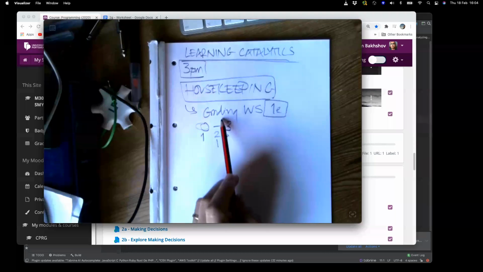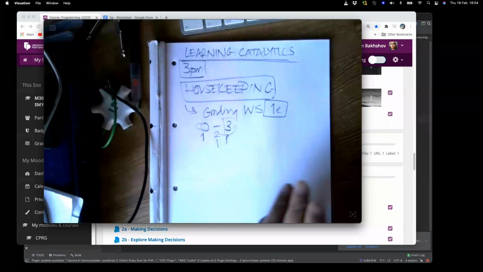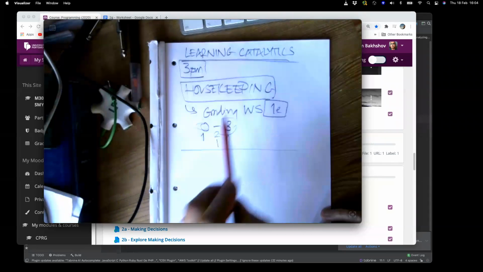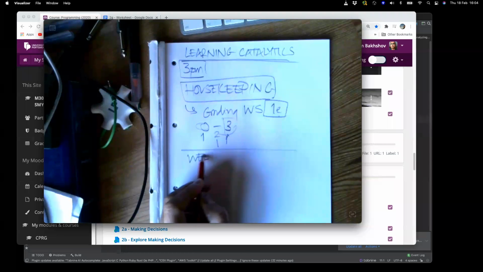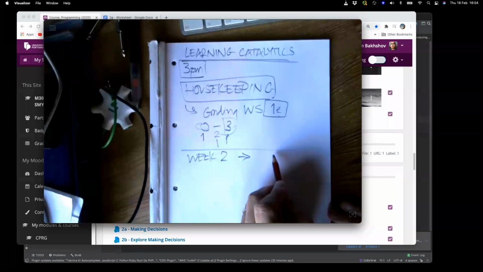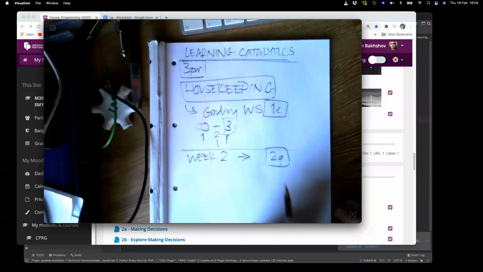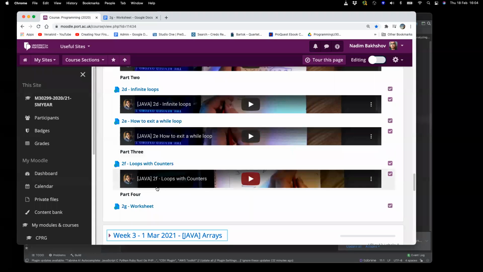I would recommend you try to get the full grade for this one because it's the easiest one. So that's what we're doing in terms of marking. In terms of your work, you are entering week 2. Your aim by the end of next week is to complete the worksheet for that week, which is a funny number because it's all broken down: worksheet 2G. So that's what you're working on in your practicals.